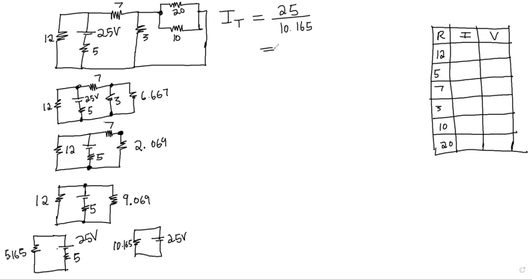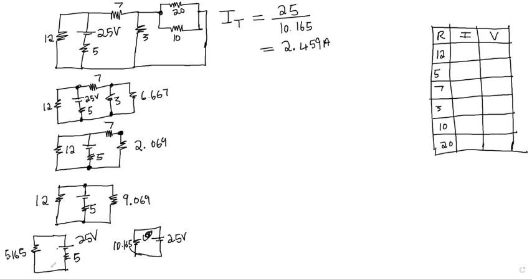Therefore, 25 divided by 10.165 is equal to 2.459. So that's the total current. So that total current is the current in this loop. So it's the current that will flow in the last circuit. So let's go back. Remember, 10.165 is a combination of 5 plus 5.165. Since 10.165 is the total resistance of 5 plus 5.165, that means the current through it is the same current that